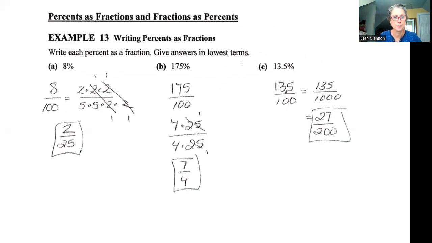Gosh, this is a long one. Example 13, write each percent as a fraction. What I did is I put each of them over 100 and I reduced. You guys can go ahead and do that. You're probably really, really good at reducing fractions at this point. And example 14, which is our last one for today,